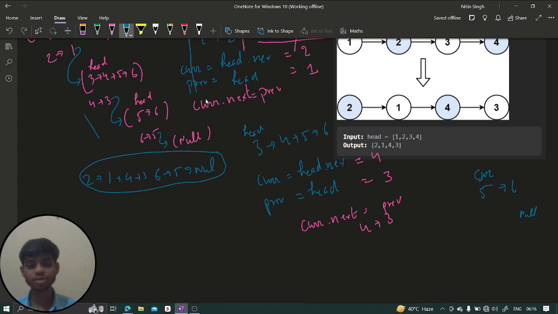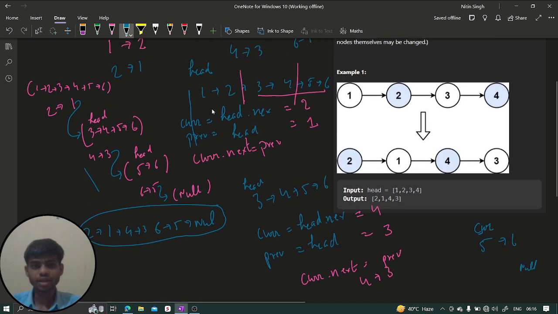So this is how we can solve using recursion. I hope now you are getting this. So this was the logic. Basically I just want to tell you that we can use recursion. Here we can use a little bit of current or previous pointers. We can create a previous node, we can create a current node, and we can pass into the new function by just removing the first two elements. And basically this was the